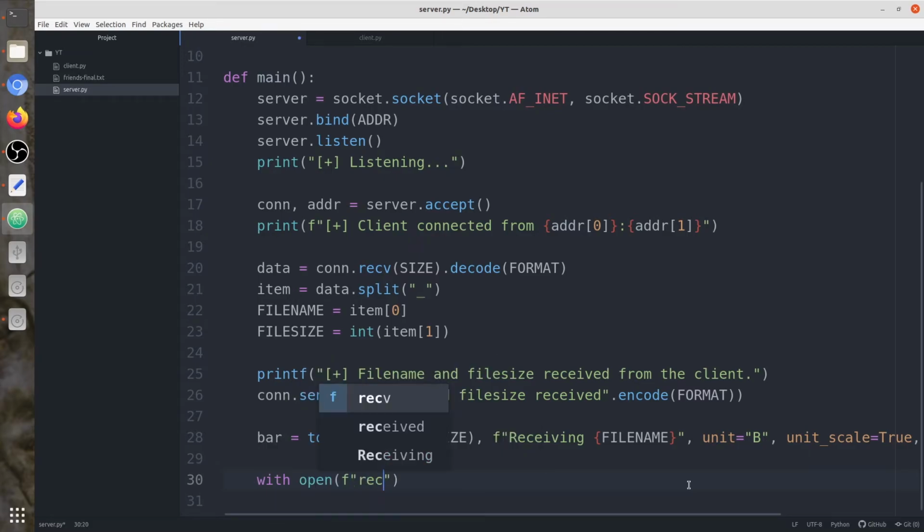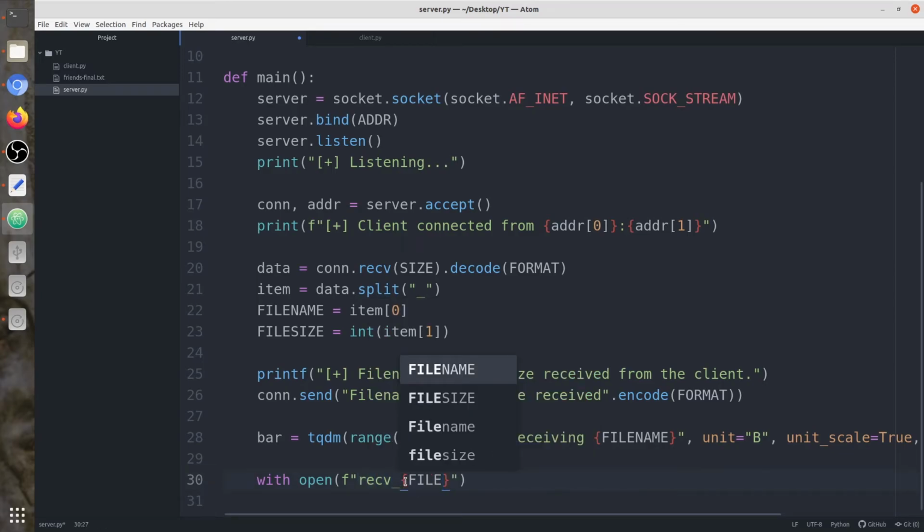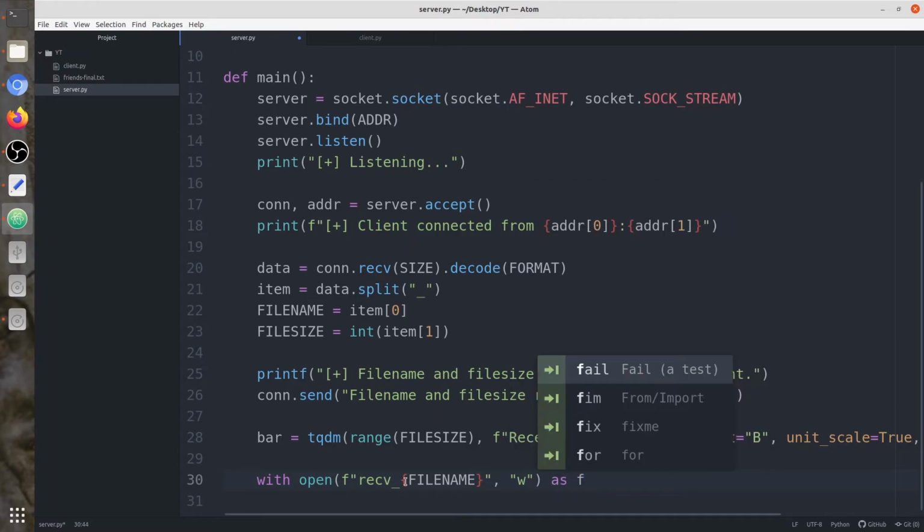We're going to say receive, so here we're going to write the data. That's why I am writing receive, because both files would contain the same name, but there should not be two files with the same name. So that's why I've written receive before the actual file name. And we're going to write it as a simple text file, no binary or other format.